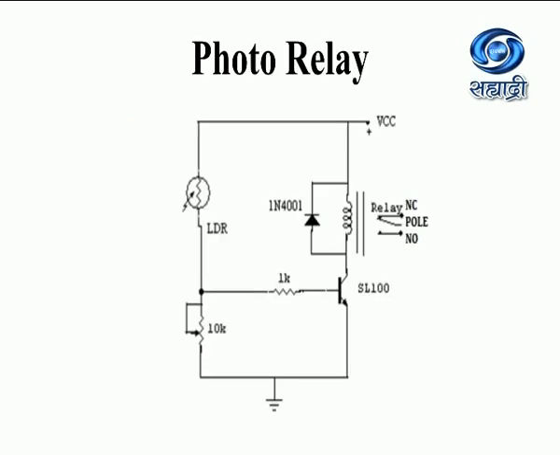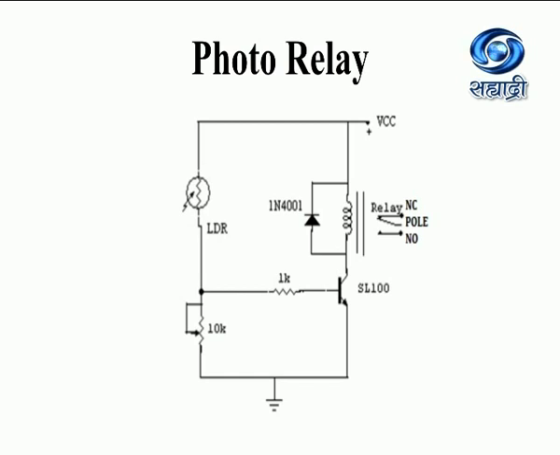Let's see the application of LDR, that is the photo relay. So this is the diagram. Basically this circuit diagram is used in our 12th board practical. This is the photo relay experiment of paper 1. In this circuit, if you observe the circuit diagram, it has one LDR connected to the transistor SL100. Then the transistor collector is connected to the electromagnetic relay. So here the transistor acts as a switch which will drive